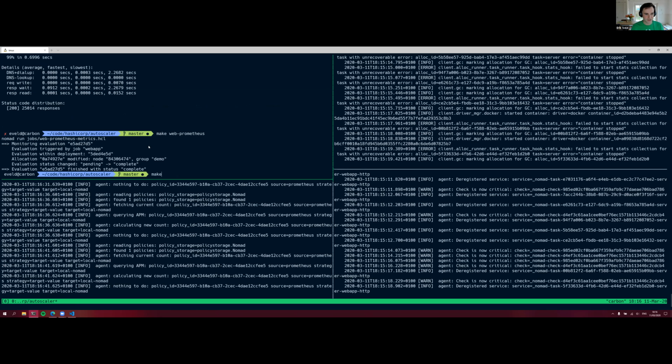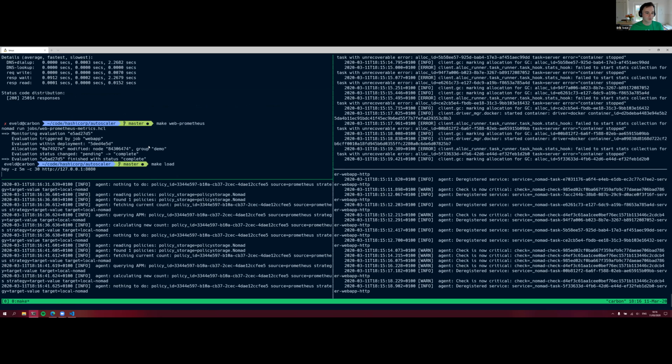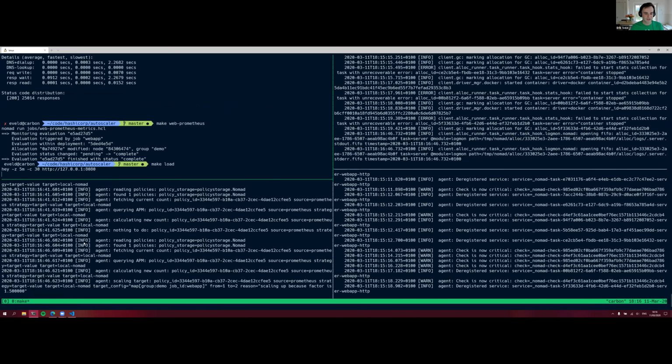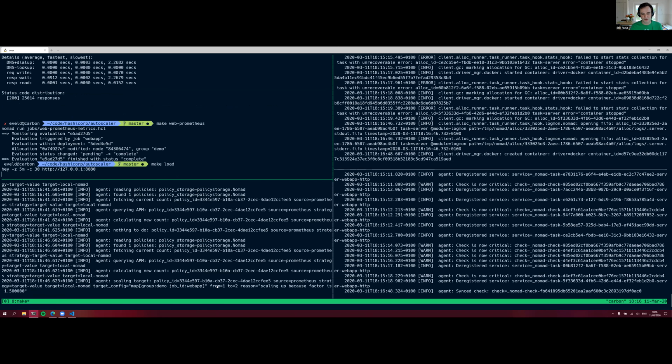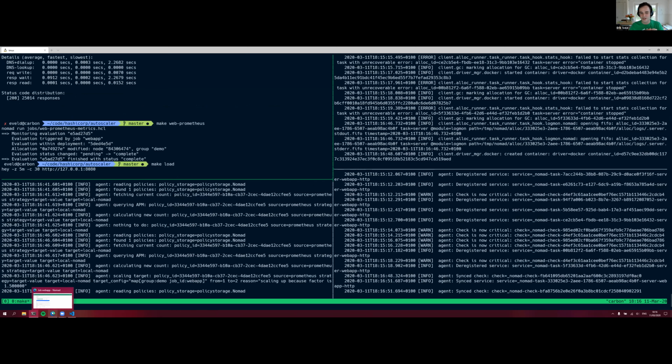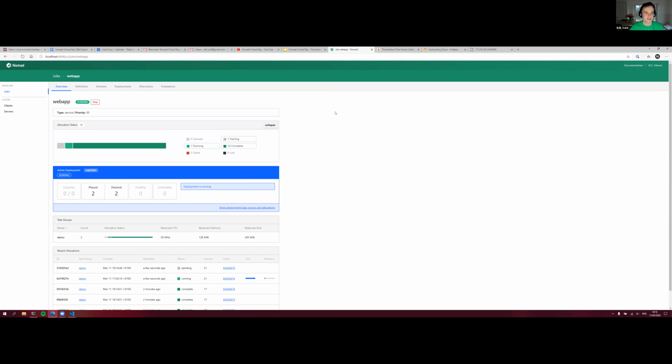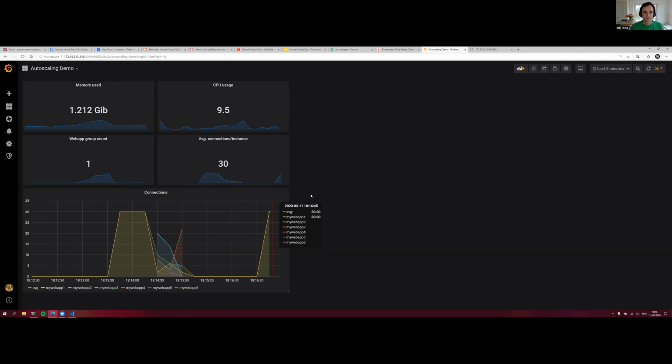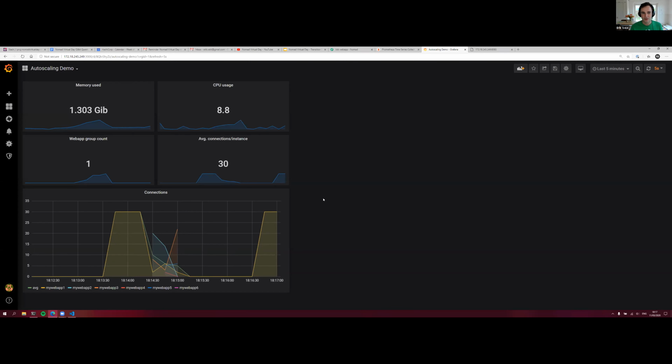And then if we actually start generating load again, we will actually see that it's slowly starting to scale up. And this time it'll scale up way less dramatically than it did before. So right now it's actually trying to scale up to 2. Because the metrics we're trying to scale on is way less fragile than CPU load.